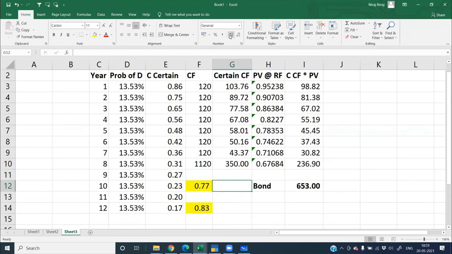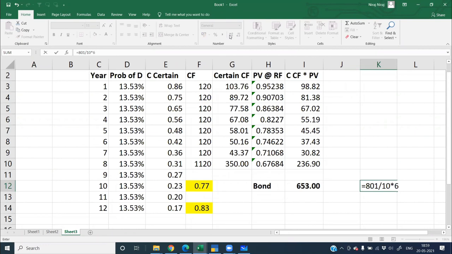अगर आपको बहुत simple language में समझना है तो yes, अगर जब 801 rupees value थी, the probability of default 10% थी. So for 653, what should be probability of default? You will calculate using goal seek. You will not do unitary method. आप ऐसे नहीं कर सकते 801 divided by 10% into 653. आप ऐसे करके नहीं निकाल पाओगे उसको, वो आप नहीं निकाल सकोगे. You will have to calculate basis a goal seek model only.